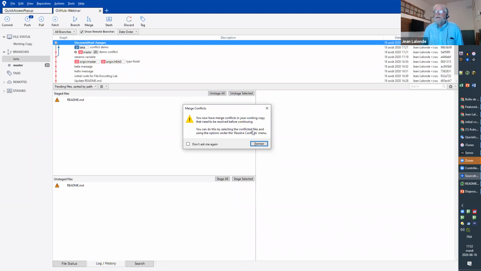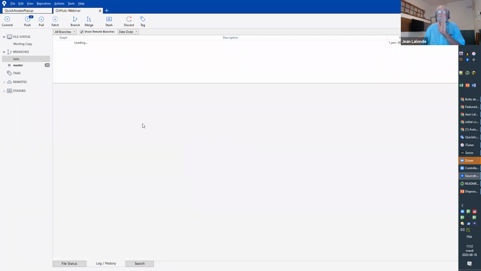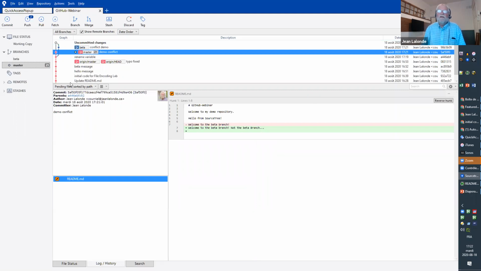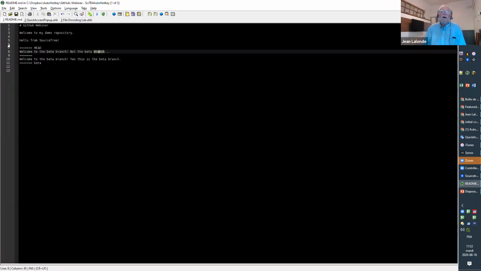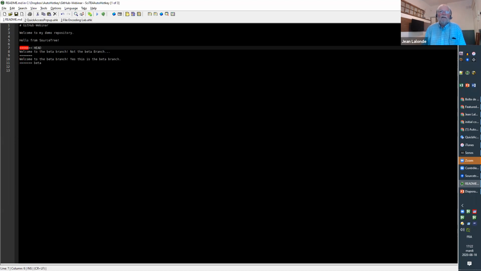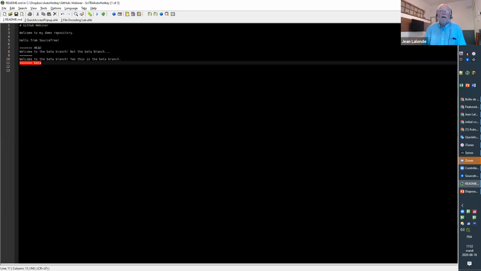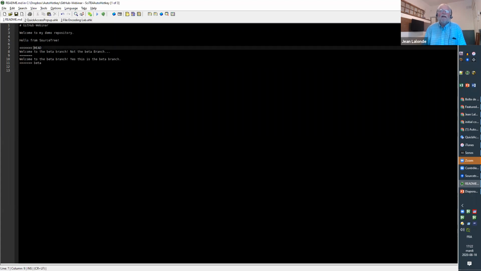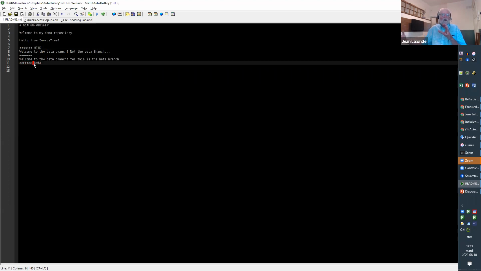You can do this by selecting the conflicted files and using the option Resolve Conflicts menu. So what I'm doing when this occurs, I'm here in the master, and you have here exactly how the conflicts are displayed, are flagged. You have a tag with kind of arrows on the left, smaller than, and you have the opposite, greater than, and the name of the branch. So you have add is the current master, okay, and beta is the one I want to merge in,